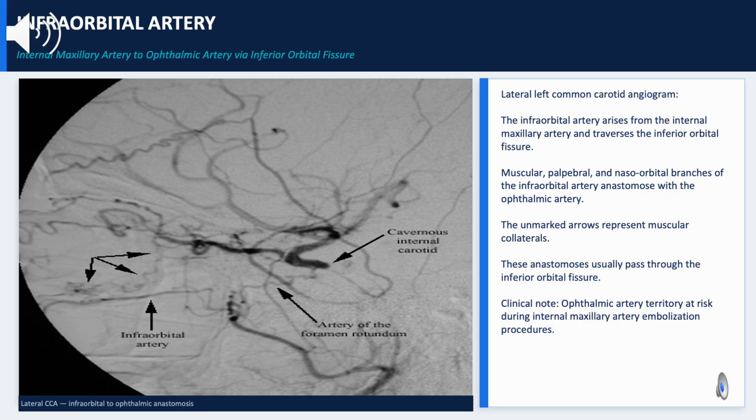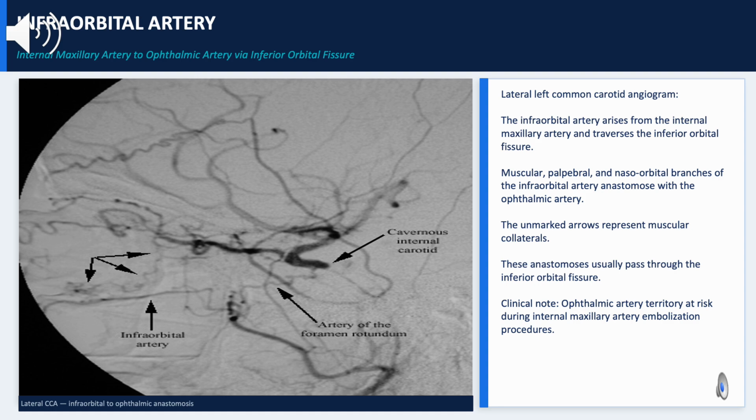The infraorbital artery, a branch of the internal maxillary, enters the orbit through the inferior orbital fissure and sends muscular, palpebral, and naso-orbital branches that anastomose with the ophthalmic artery. In this angiogram, the unmarked arrows represent muscular collaterals traversing the inferior orbital fissure. This route is particularly relevant during embolization of sphenopalatine artery targets for epistaxis, because the infraorbital artery arises from the